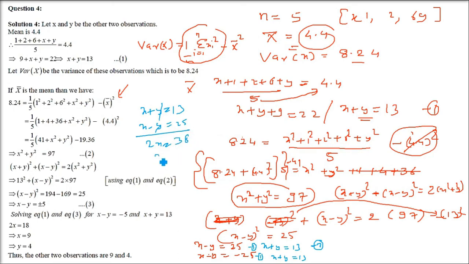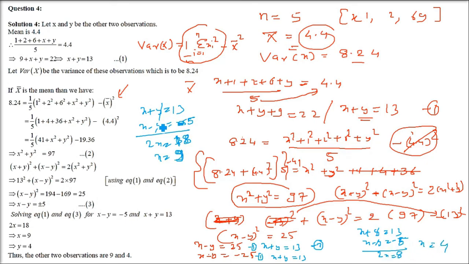2x is going to be equal to 13 plus 5 is 18, and x will be 18 by 2, that is 9. And the second time I'll take x plus y equals 13 and x minus y as minus 5. We are getting two equations from x minus y whole square equals 25, which is x minus y equals 5 and x minus y equals minus 5. So we have to take these two equations with the first one, x plus y equals 13, to solve. So x minus y equals minus 5. Now add them. Y gets cancelled. 2x equals 13 minus 5, which is 8. So x will be equal to 4.